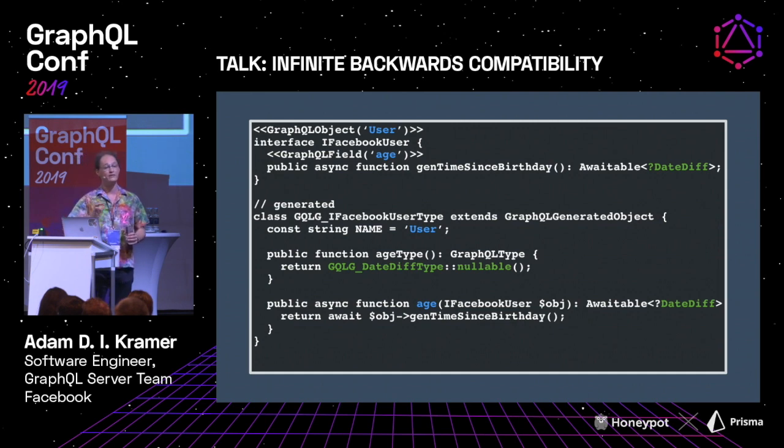So we're mapping back and forth between the GraphQL type system and the hack type system that we've generated over many, many years. And by mapping back and forth like that, we end up with all of these generated artifacts such that we've got a method named age. It's named exactly after the GraphQL field with a correct type signature, so we get static type checking of all of our GraphQL